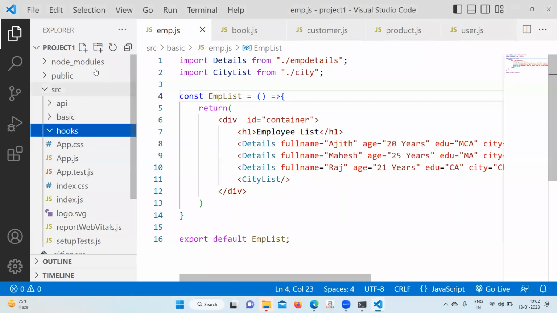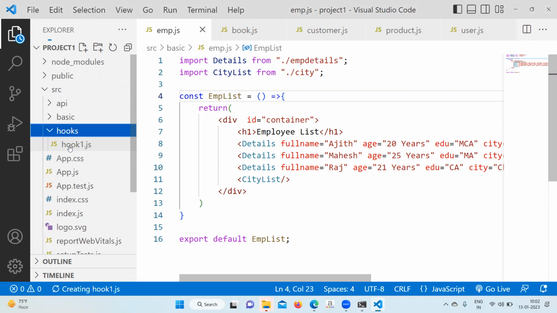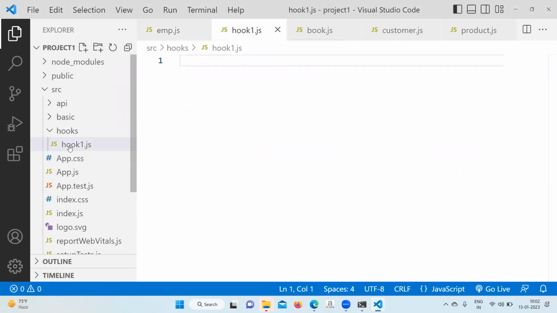Go to the hooks folder and create a file hook1.js. In the hook1.js file,